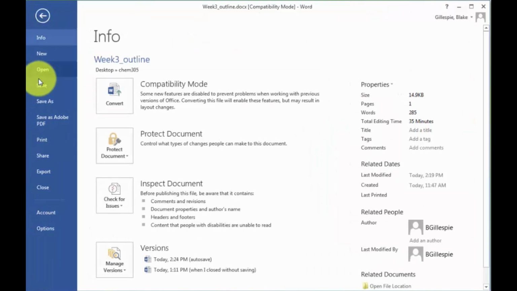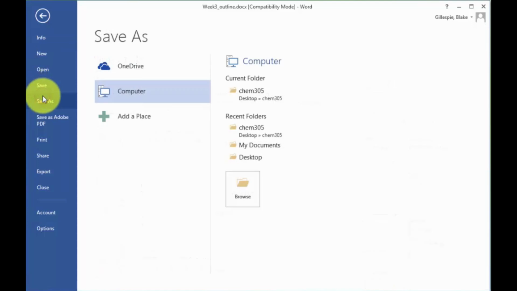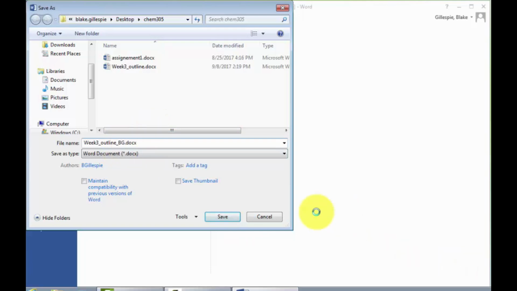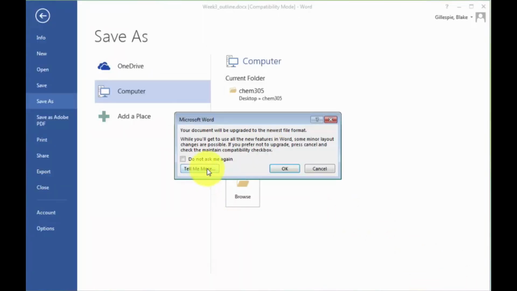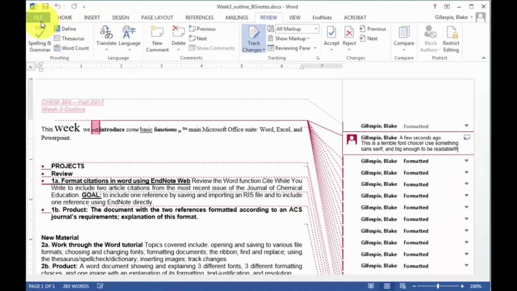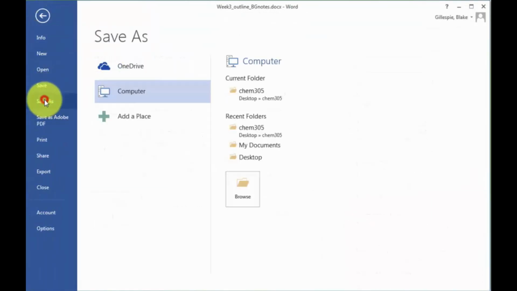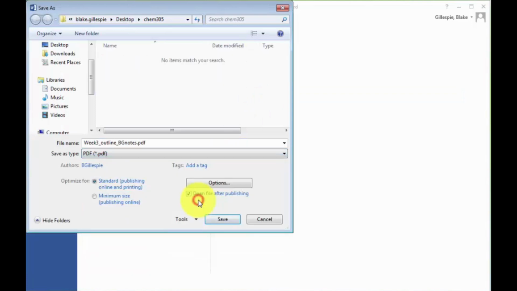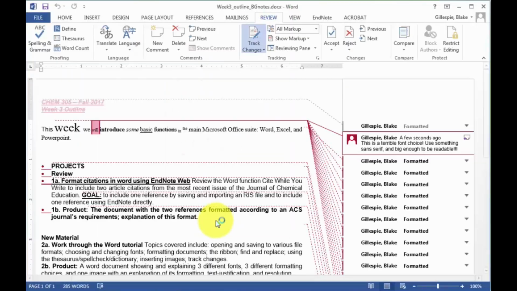Okay, now, what do we always do? We save our documents. It can be useful, especially considering the versioning issues with Word, to create a name that's unique to the edits that you have made. Let's also look at saving documents in other formats. So from the Save menu, you can choose PDF as your output and save that file